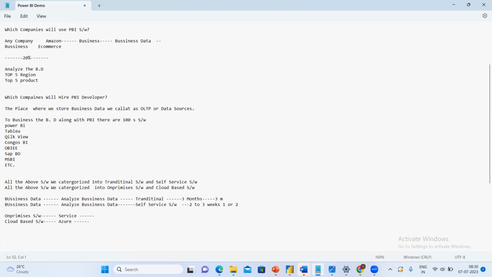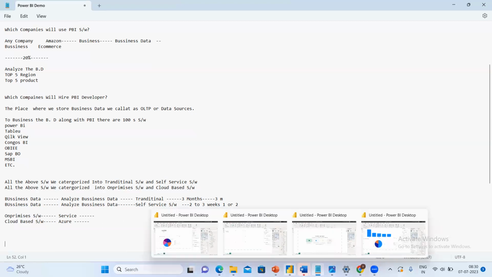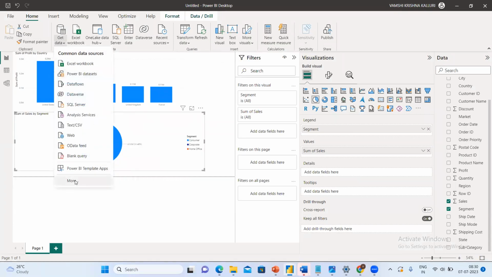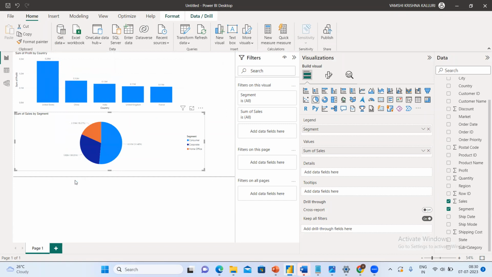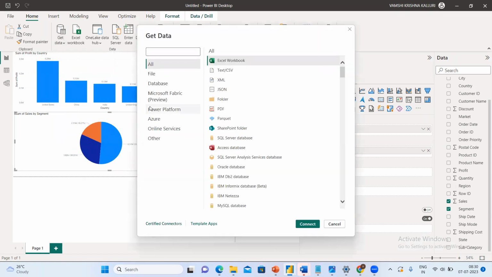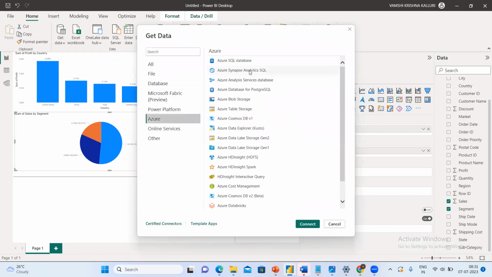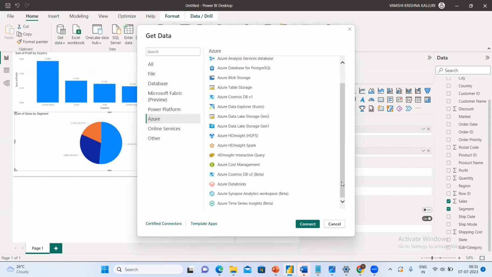This is the major difference. Whether on-premise or cloud based, there will be two kinds of tools. In Power BI also, when you bring the data, we have the on-premise sources. As I said, legacy tools like SQL Server or anything, OBI, Cognos BI, and databases like IBM DB2. These are all called on-premise data sources. But coming to the cloud, Azure SQL Database, all the data sits in some cloud base. You can connect from anywhere. Azure Synapse, Azure SQL, Azure Data Storage. These are all cloud data sources, guys.